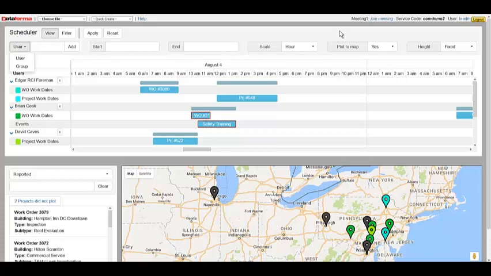In summary, the scheduler will greatly reduce admins' time spent searching through employee calendars, scheduling crews and appointments, and even